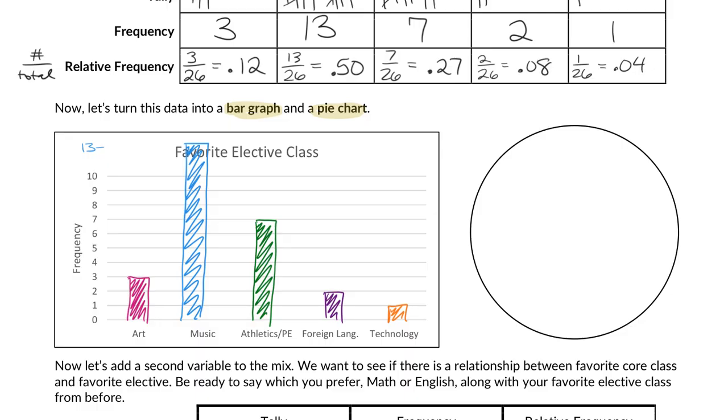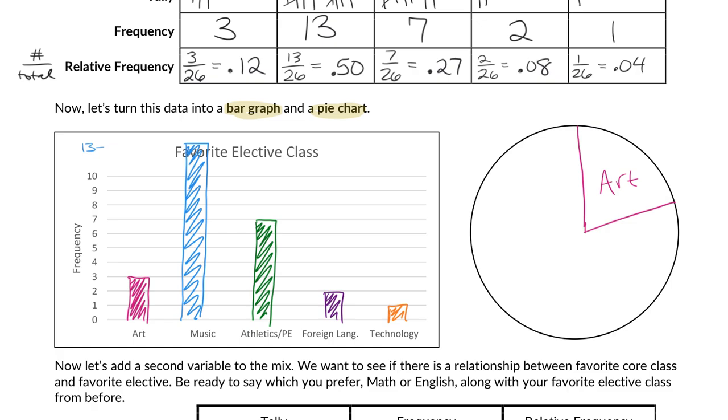Now again, if we were doing this for a project, we would actually use the math to find the sector degree. We would use a protractor. We would get it correct. We're going to eyeball it because these are our notes. So for the first section, we want to color 12% of this pie chart the art color. This is where I would actually recommend using color, maybe after you draw it in pencil. But if we're going to represent 12%, do your best. I realize this is hard without an actual protractor. But let's say that 12 is a little bit less than 15. 15 would be a quarter. So we're going to go here. Does that look like 12% for you? Okay. Good enough, shall I say. That's going to be our art.